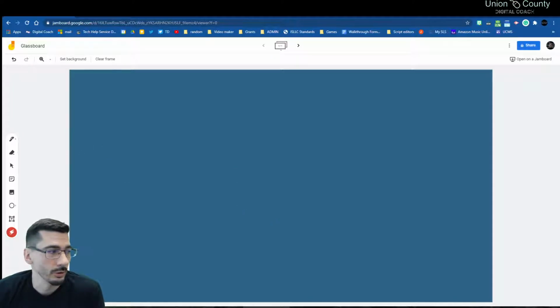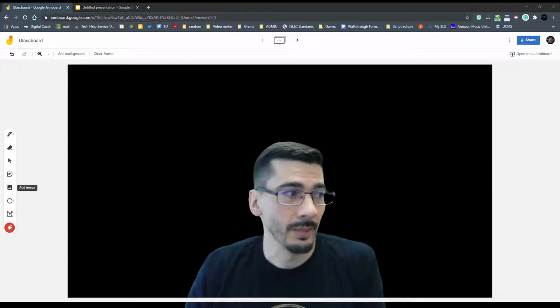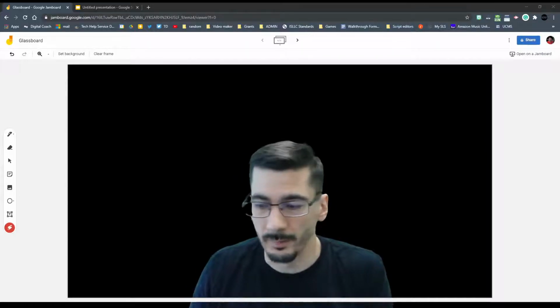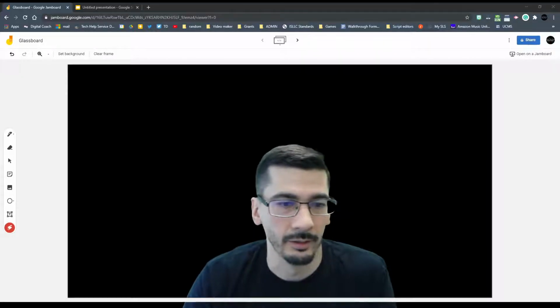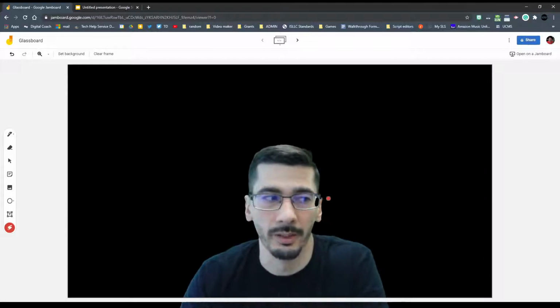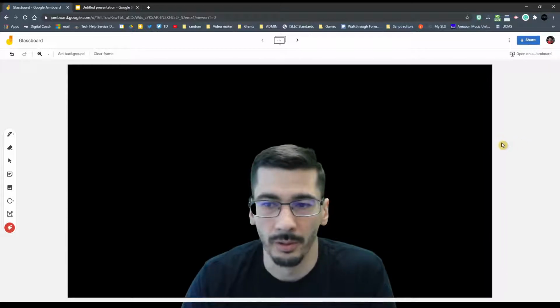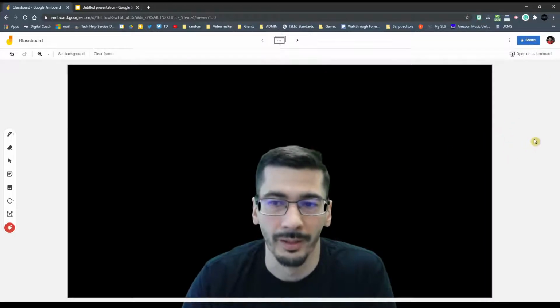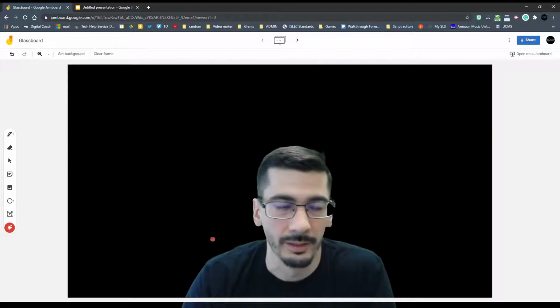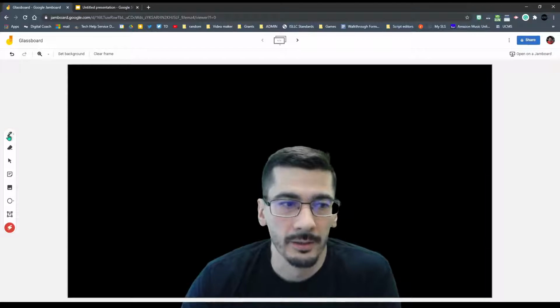Let me show you what this will look like when we actually apply this. So I'm inside my Jamboard. I'm literally occupying the space within it, and so anything I do, if I start writing, it goes over top of me, so it's appearing in front of me. I have this area off to the side that's not doing anything because that's part of the window, but all that was blue, this whole area here, has now disappeared, and it's just letting my camera show through. As a teacher, I can sit here and present